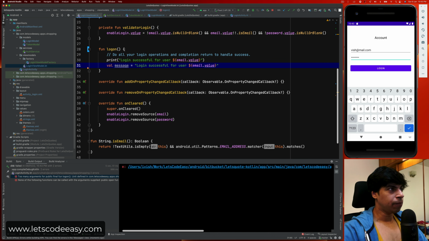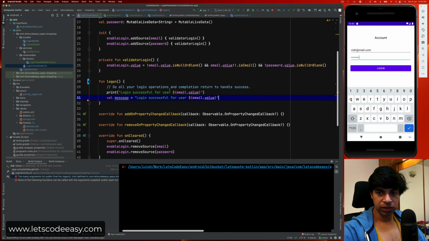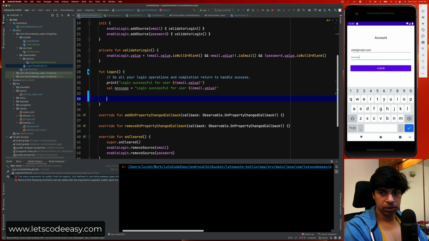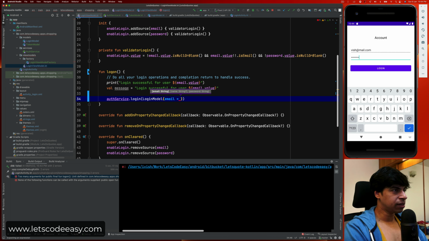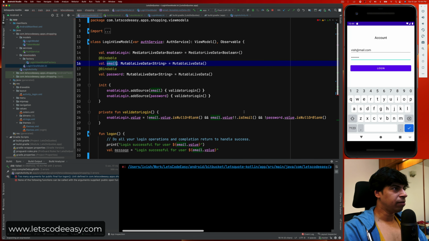As soon as the API call is coming through, we already know the data from email and password available here, which we just need to send. So I'm going to do this auth service call over here, dot login, asking for a model, login model, and it's going to ask for name. I'm not going to pass name. Instead I'm going to pass email, which is going to be the email parameter. We had an email over here,